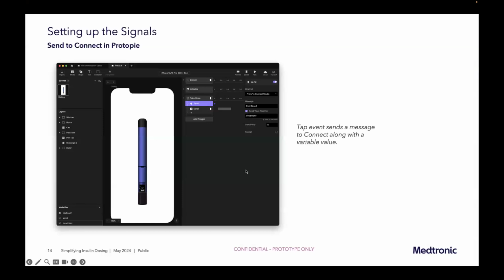Now, where we get a little bit tricky is there's different channels that ProtoPie has for sending and receiving messages like that. And here we can see, I'm going to show it in ProtoPie as well. We picked a completely different thing called ProtoPie Connect. So when we send a message, we're going to send it to ProtoPie Connect instead of,